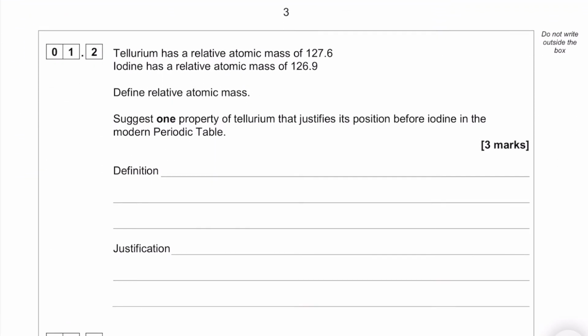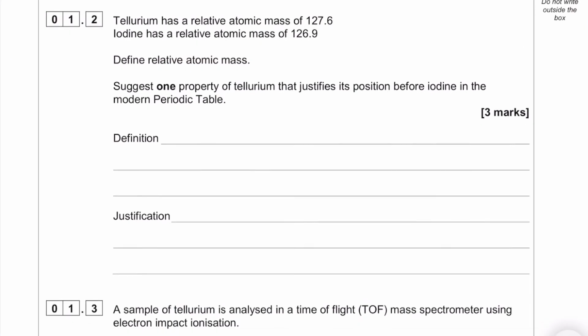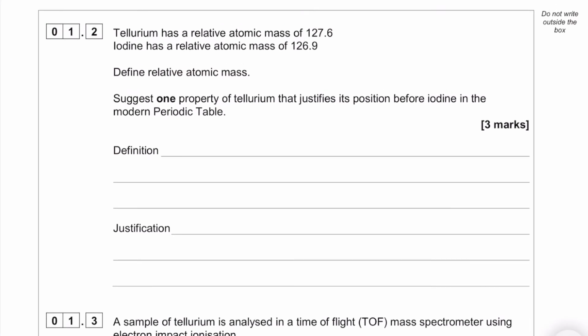Tellurium has a relative atomic mass of 127.6. Iodine has a relative atomic mass of 126.9. Define relative atomic mass. Well, relative atomic mass is the weighted average mass. Now, there are a number of different definitions, but this is the one that I prefer. The weighted average mass of all the isotopes